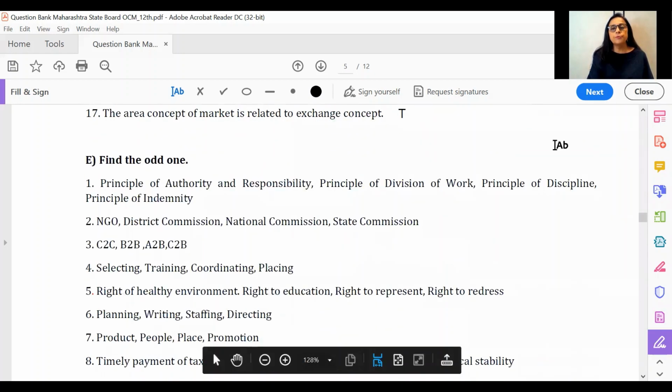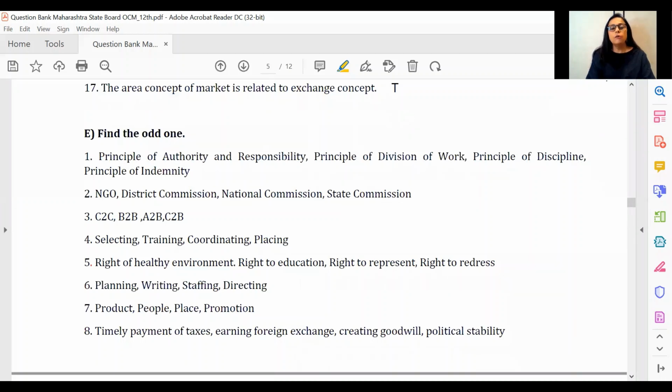We now go to the second part of this objective, and that is your objective on the odd one out. When we are going to be practicing odd one out, please make notes. We are going to be talking about the one out of the 4 options which are given which does not fit. So the other 3 have something in common, like principle of authority, responsibility, division of work, discipline, and indemnity. The first 3 are principles of management by Henry Fayol. The last one is principle of insurance, and so that is